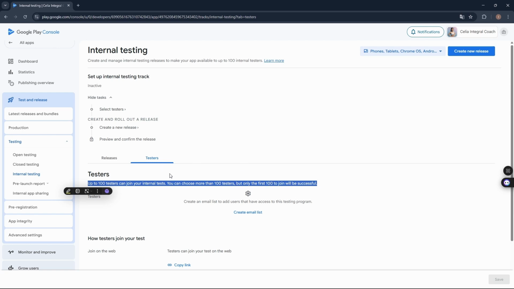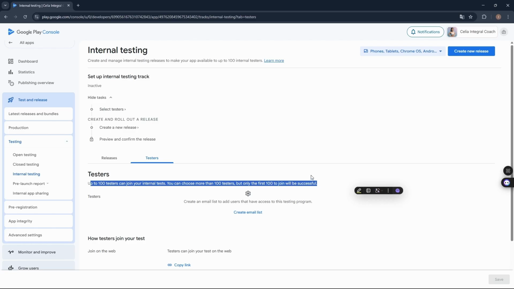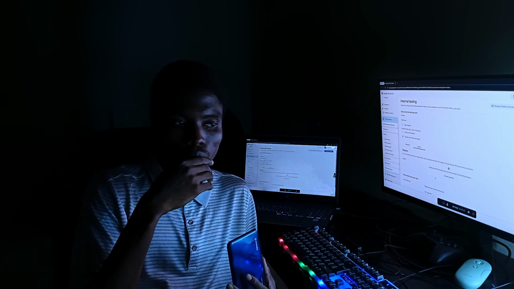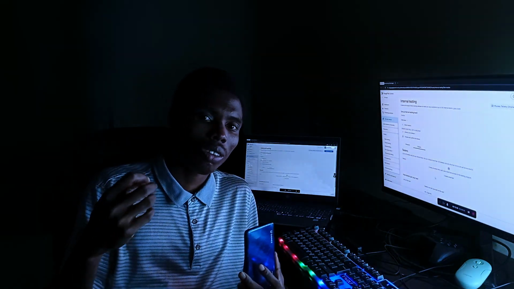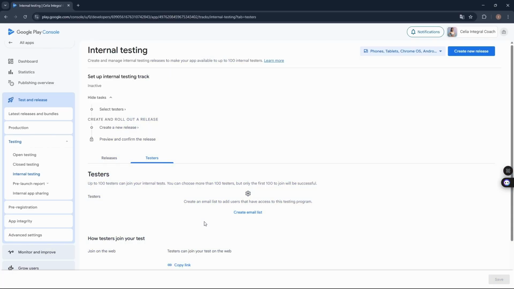The App Store also has this internal testing feature, but that's not the point I want to make. I want you to at least keep in the back of your mind that there's this kind of testing going on, and you can use it. You can call a couple of your friends, send them the app, and tell them to give you feedback and whatnot. But the problem is, what about a situation where you don't want to use that internal testing, right? As I showed you